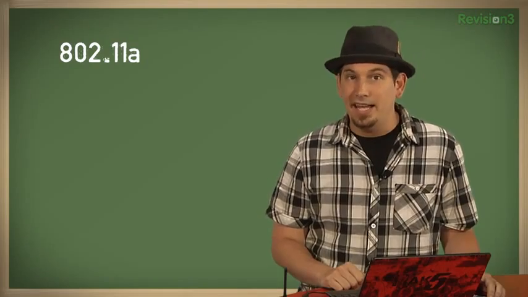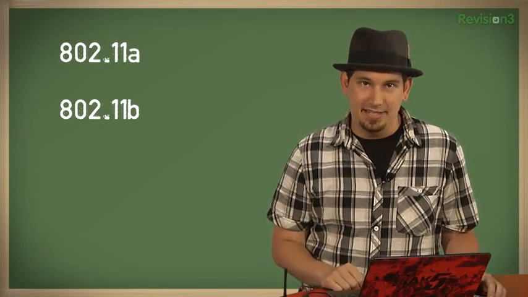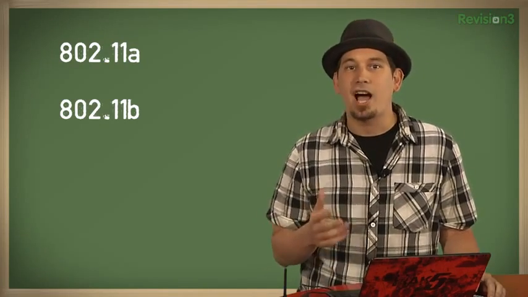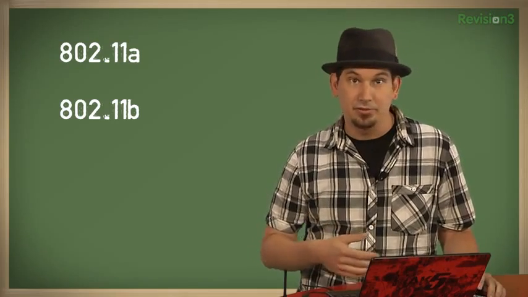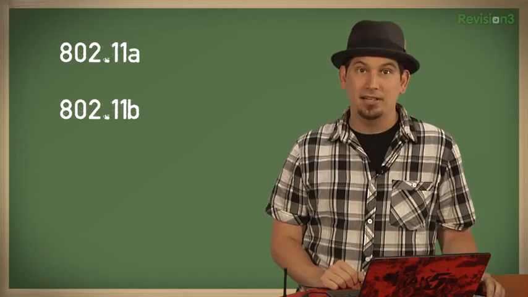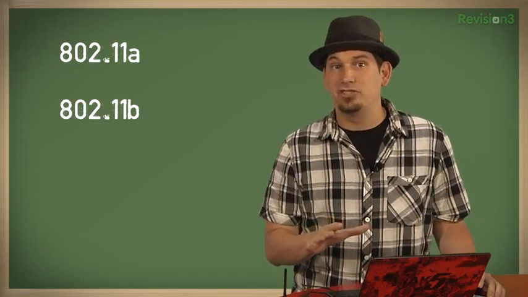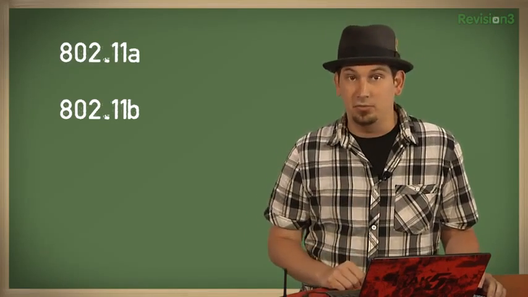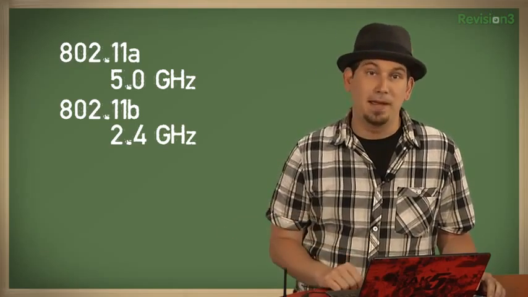Of course, this brings us to the lettered protocols that we know and love today. In 1999, two protocols, 802.11a and 802.11b, hit the scene. Both A and B offered much higher data rates than their predecessors, the former clocking in at 54 megabits per second, while the latter a mere 11 megabits per second. Another major differentiator is the frequencies that were used by the technologies. B took advantage of the commonly used 2.4 gigahertz spectrum, while A avoids congestion in the 5 gigahertz band.